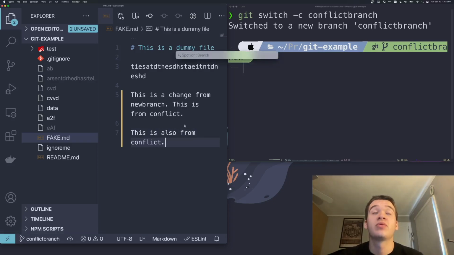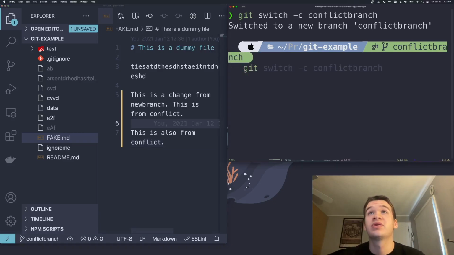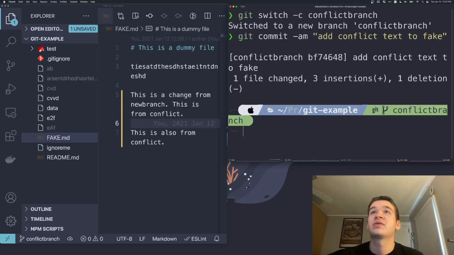And then what we will do, oh, sorry about that. And now we'll save that, and then we'll just git commit -am, add conflict text to conflict to fake. So now that we have that commit set up, we can go ahead and we'll just switch back over